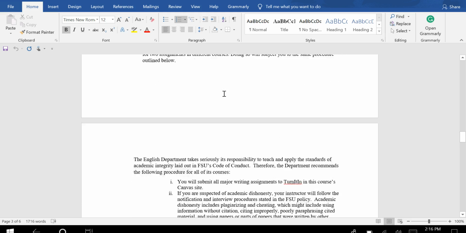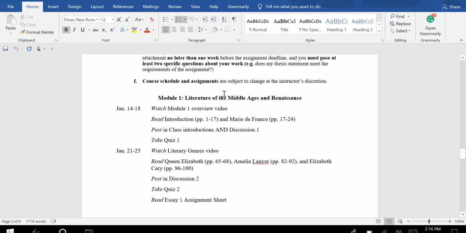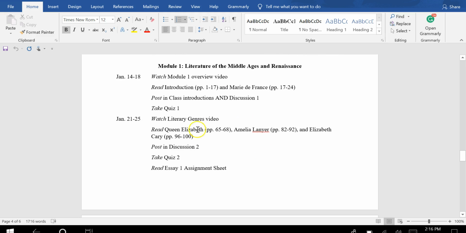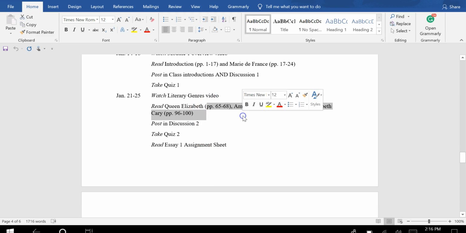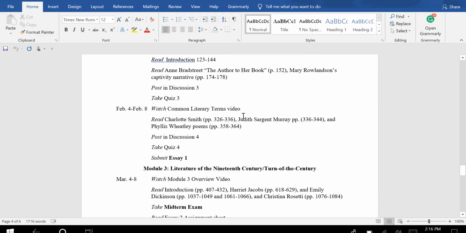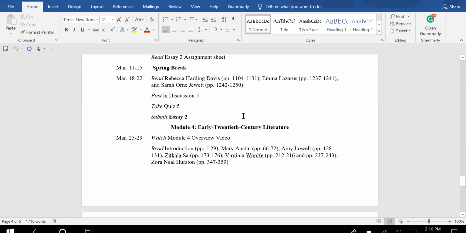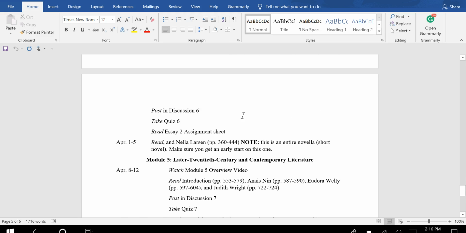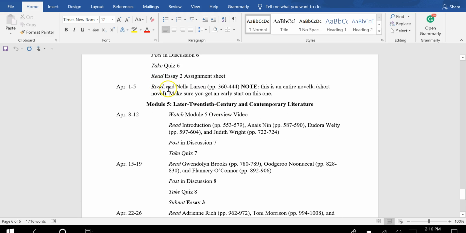Okay. And like I said, don't be alarmed that the modules are only unlocked one at a time. If you're someone who likes to work ahead, as you can see, you are always welcome and have plenty of reading to do throughout the weeks. I do want to call your attention to the fact that some weeks, and I've tried to mark it as such when I've done this, but